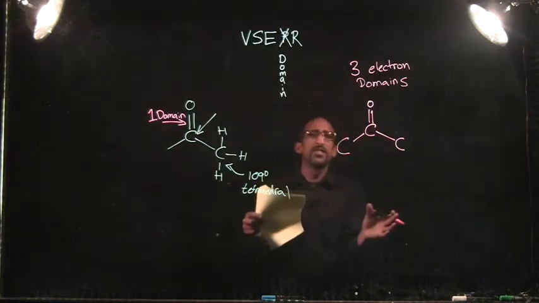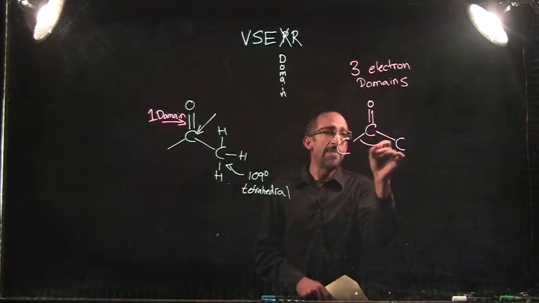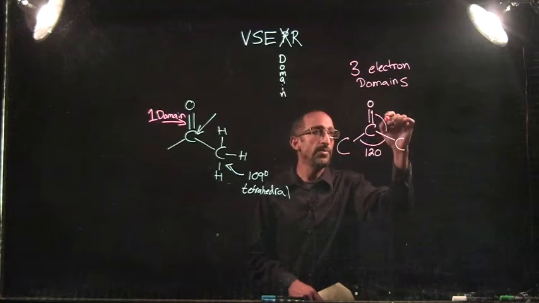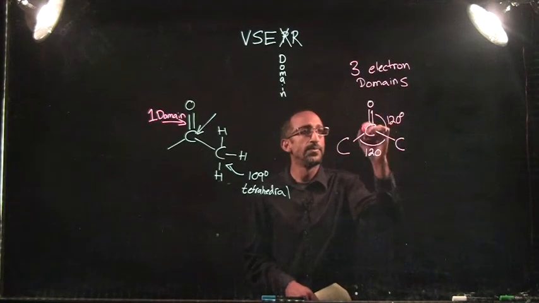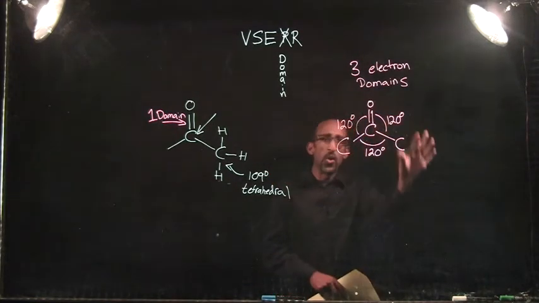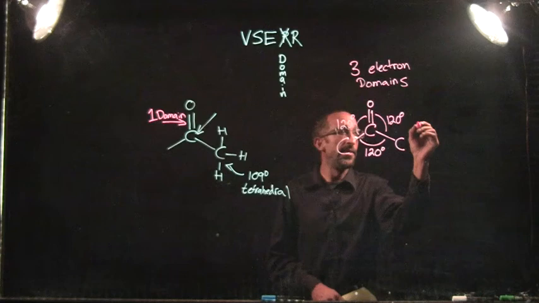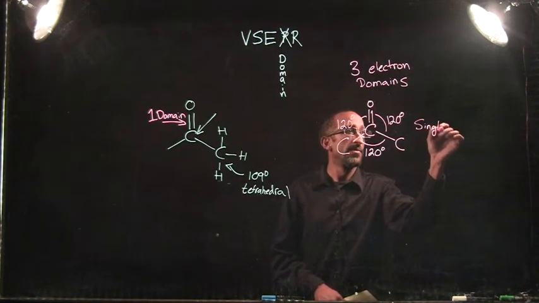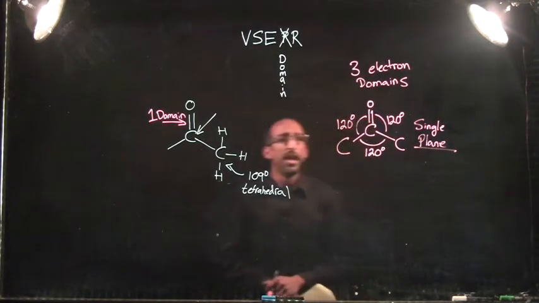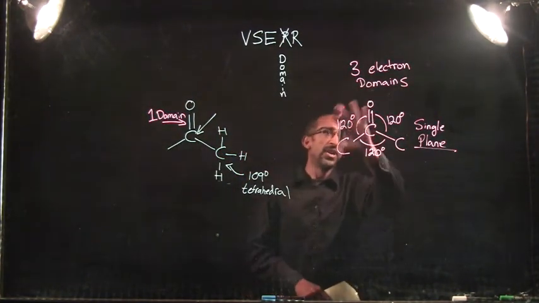Now, to space these 3 electron domains as far apart from each other as possible, the bond angles become 120 degrees between each other. And all 4 of those atoms, the central carbon atom and all 3 of its substituents, can lie in a single plane. Okay? So whenever we have 3 regions of electron density around that central atom, we're going to have 120 degree